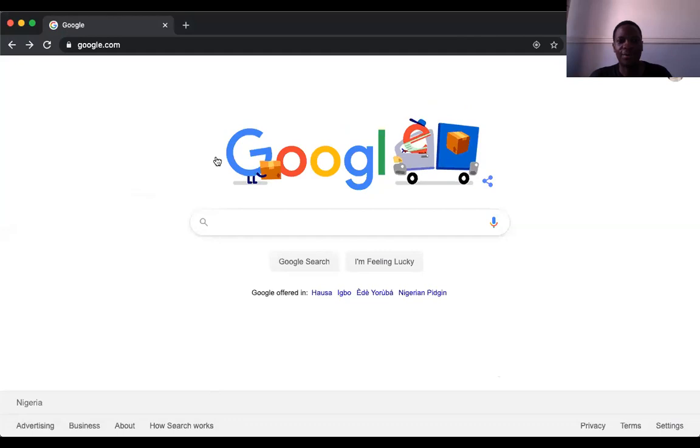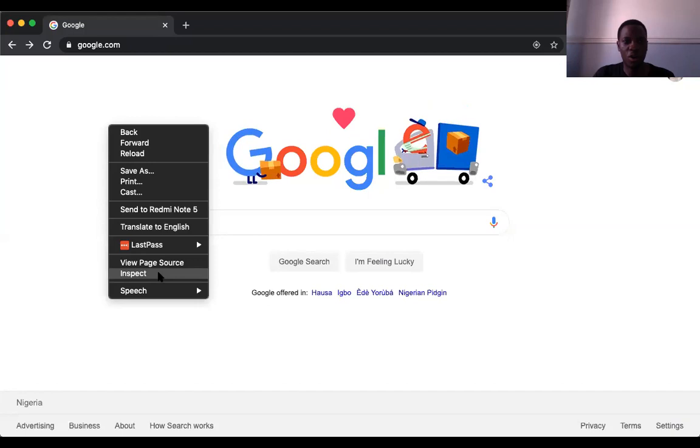Now, HTML did not determine where this search field was going to be placed. It did not determine where this Google search button was going to be placed. It did not even determine how the button is going to look. To make it more clear, I'm going to show you what Google's homepage looks like with just HTML. You realize that HTML is merely a skeleton of the whole web page.